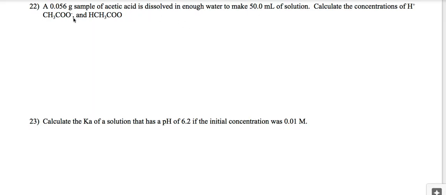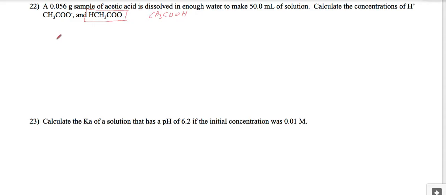All right, number 22 is a little bit more involved because we're not given a concentration, we're given a mass. 0.056 grams of acetic acid. Let's figure out what acetic acid is first. This one right here. It's written weird. CH3COOH. 0.056 gram of a sample of acetic acid is dissolved in water to make a solution so we can get molarity from that. First we have to convert the 0.056 grams into moles. And it turns out to be,